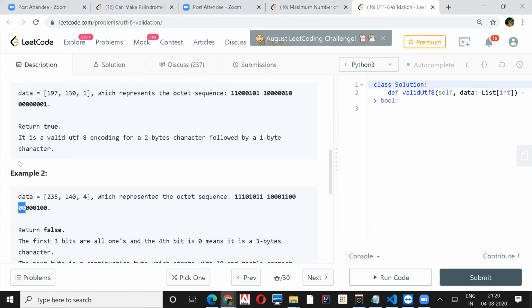For that many number of bytes, and if it is, then you return true, or if it's not, as per example 2, then you return false. Okay, so we have to stick to the rules, whatever they have mentioned. That's it, right? So nothing to do with UTF-8, it's only some portion of it.